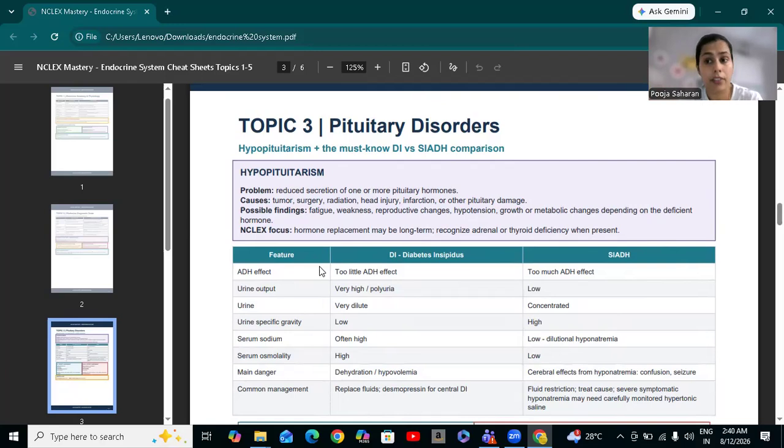So it is very interesting. Don't take it as just a thing. Just make a story, like a story. Like what we talked about in today's class: the anatomy and physiology, the master gland, then the adrenal gland, then adrenal cortex, adrenal medulla, and then parathyroid. Yes. So likewise, we're going to learn and we're going to clear the NCLEX exam for sure.